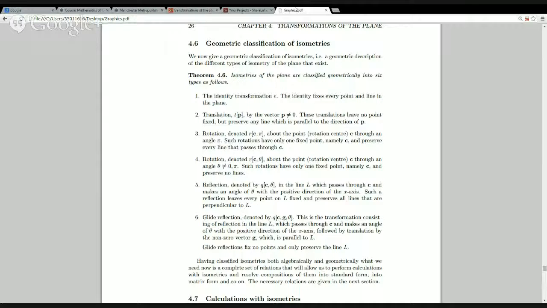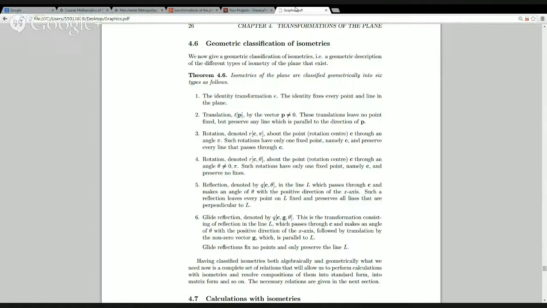First type is the identity transformation. So that's just where everything stays in the same position. You're just applying the identity transformation. So the matrix of that is just the 2x2 identity matrix. Second type is all the translations. If you translate by the 0 vector, that's the same as the identity, just leaving everything fixed. So translating by a non-zero vector p,